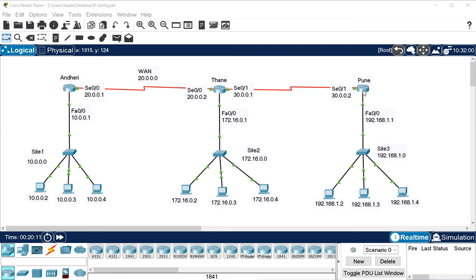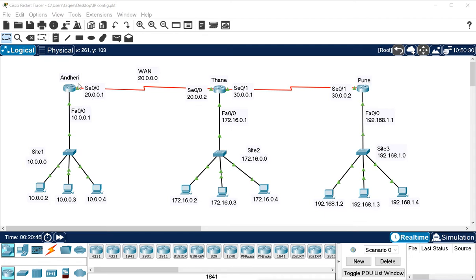So when they exchange the neighbor information, they exchange the information about the router IDs also. When they have the router ID of each other, they decide based on the router ID who will become the DR. Among all these three routers, the minimum router ID will become the DR. Suppose this one has router ID 20.0.0.1, this one is 172, this one is 192, so the minimum is this Andheri.